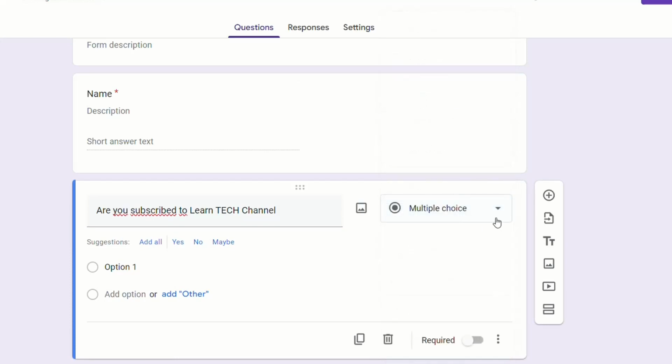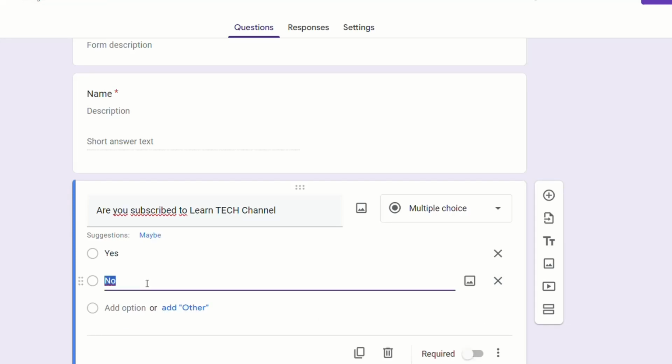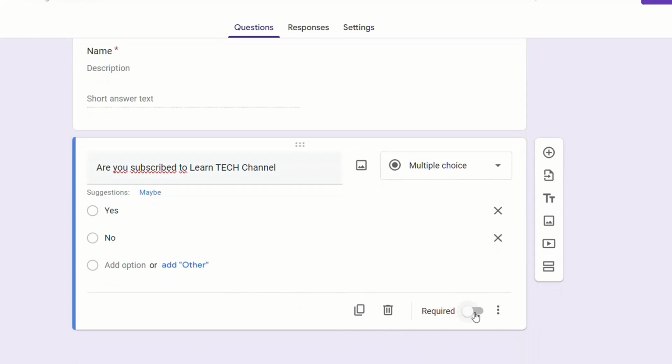I'm just going to leave it multiple choice because it makes sense. And then the possibilities to choose are yes and no, so you can add another option. Normally I'm going to add the no. It's showing here now, no, and if you want to add more, you can add more. And also for this case, I can choose required, and then once I'm done with this question, I go ahead